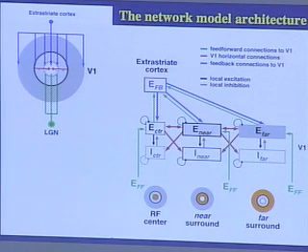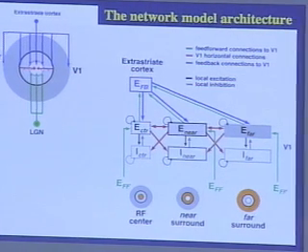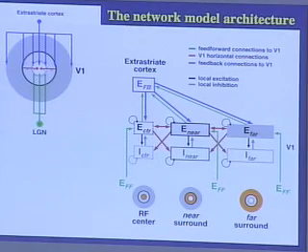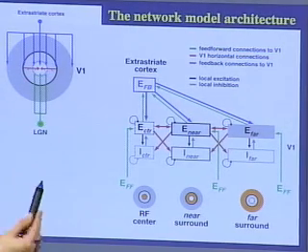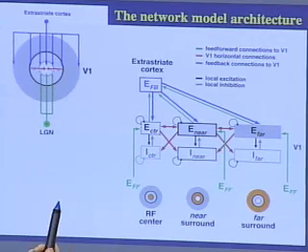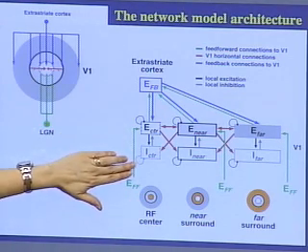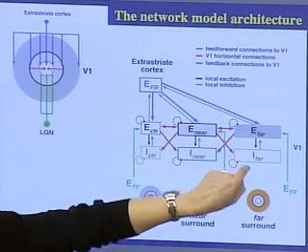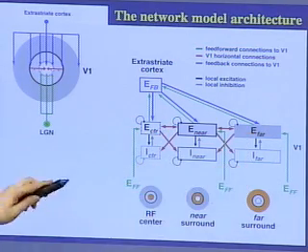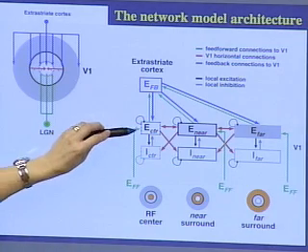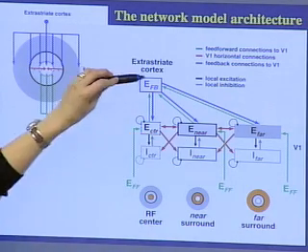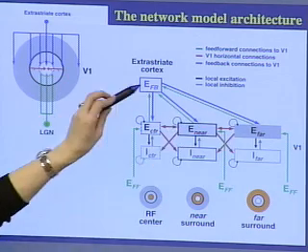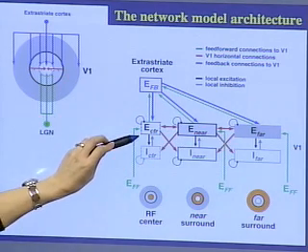Essentially, what we've done is implement the circuitry diagrammed here into a recurrent network model of V1. In this model, there are E and I populations of excitatory and inhibitory neurons in area V1 in the center, in the near surround, and in the far surround. Feedforward connections contact in this model only excitatory neurons, as do feedback connections, because I told you that feedback axons only contact excitatory neurons.